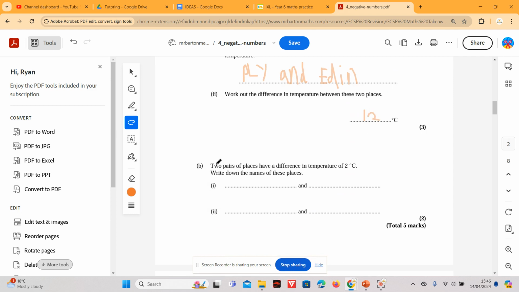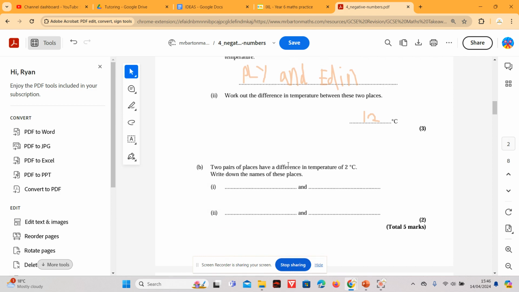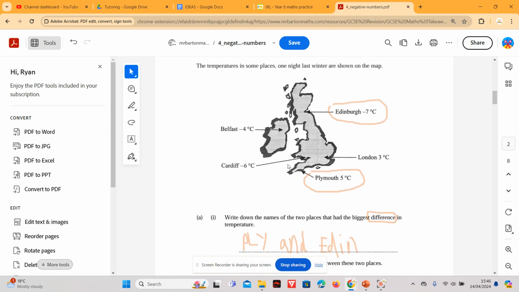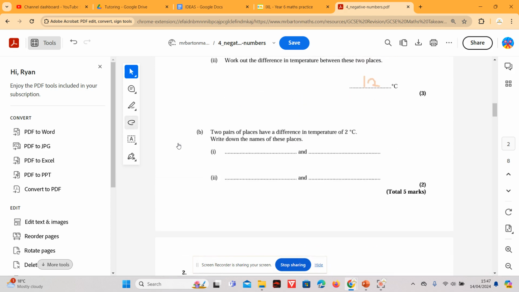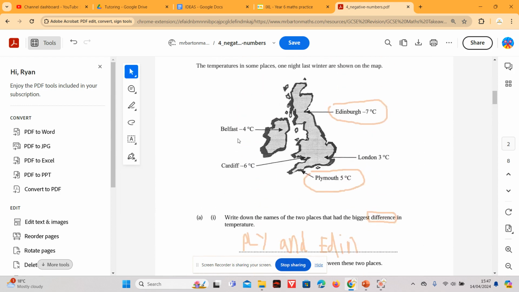So, two pairs of places have a difference in temperature of 2 degrees. Write down the names of these places. Okay, so we're looking for 2 different pairs. Well, I can actually see that Belfast and Cardiff have a difference of 2. The difference between 6 and 4, whether it's a minus or not, is 2. So we put Cardiff and Belfast. I'm just going to write the letters down. So I'm going to put Cardiff, Belfast. And then for our other one,